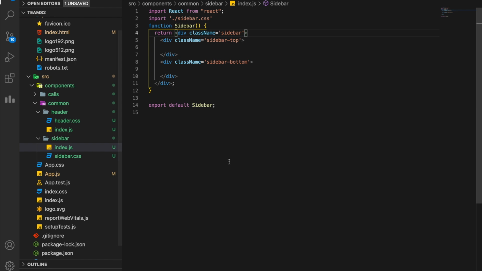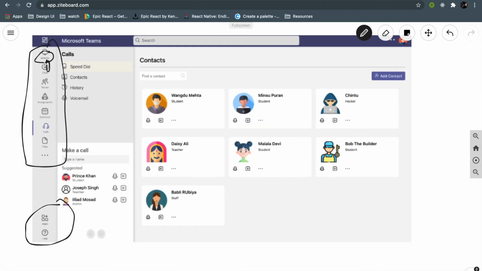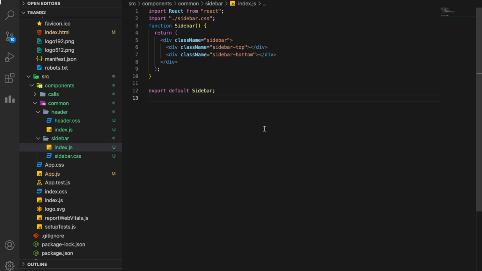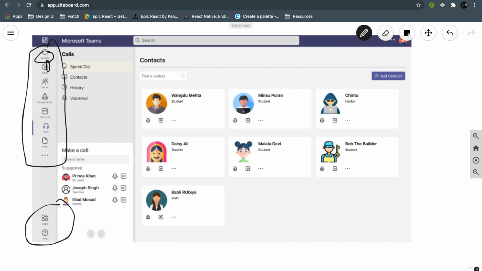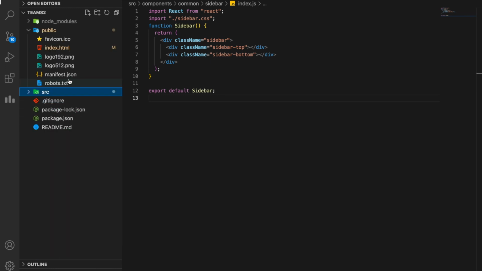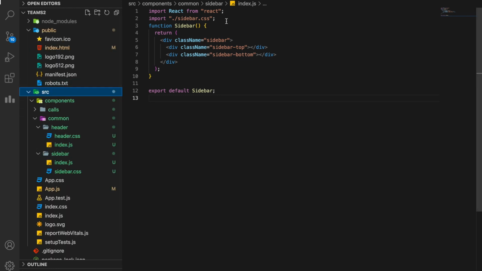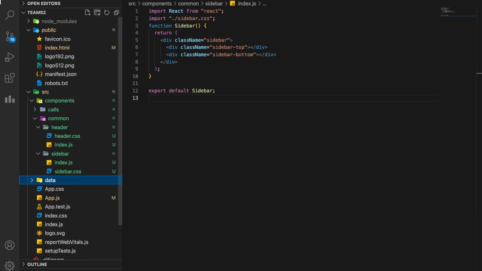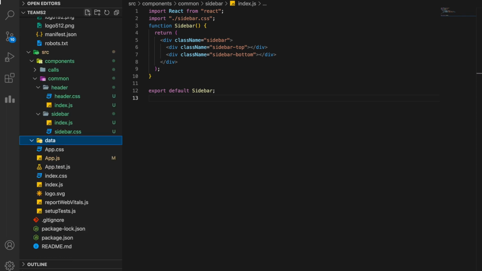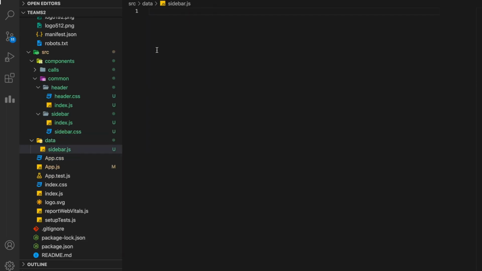So it is very important to create it as a separate component so that we can reuse it all the time. But before doing everything, what we have to do here is create data for, let's say, an array which contains all these menu options. So it's generally a good idea to separate your data from your file. I should not write all the array in this file only, it will make it look clumsy. So let's create a data folder, and here it's very easy to create a sidebar file, right? So let's call it sidebar.js. Here I will create my menu.